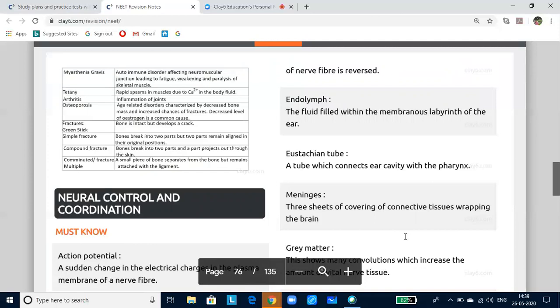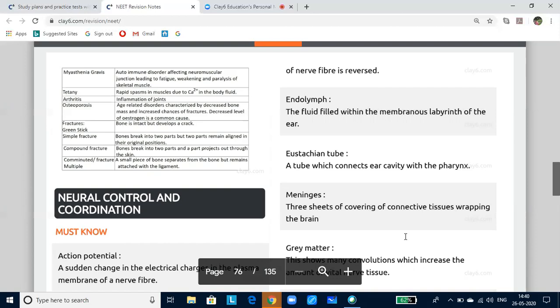Osteomyelitis is an inflammatory disease of the bones due to infection of streptococcus, usually at the end of the bone. It results in severe pain in the affected part of the bones, fever, and pus formation. Slip disc means the vertebrae sometimes move away from their original position, that is intervertebral disc, and this is what we call slip disc. This will be causing you neck ache, backache, or sciatic pain.